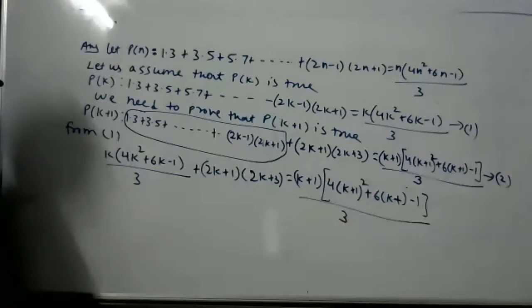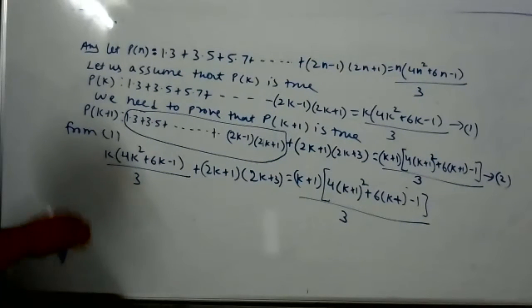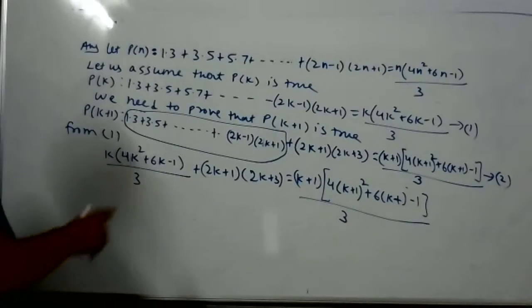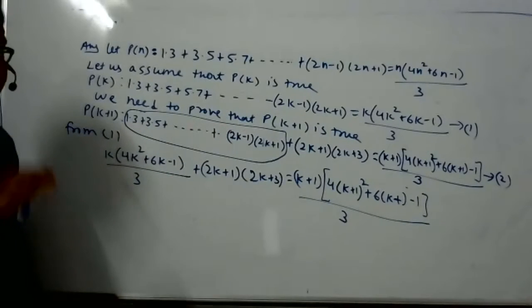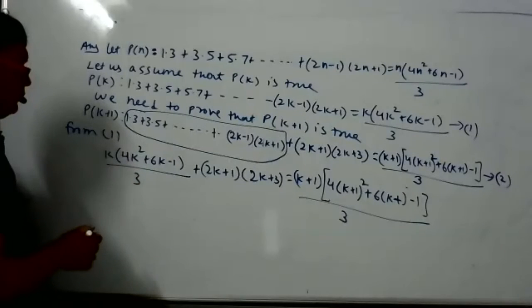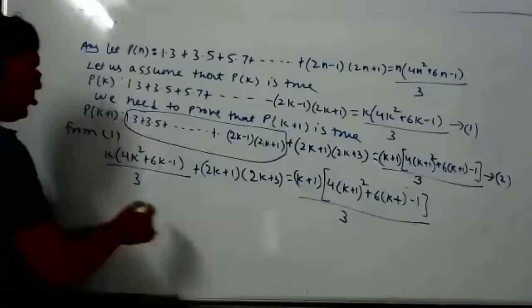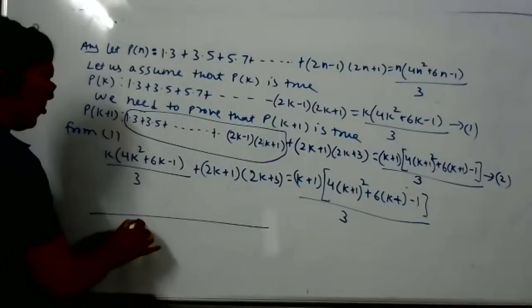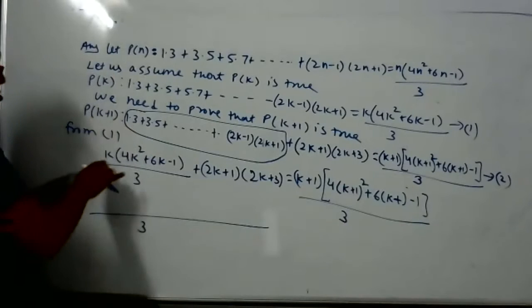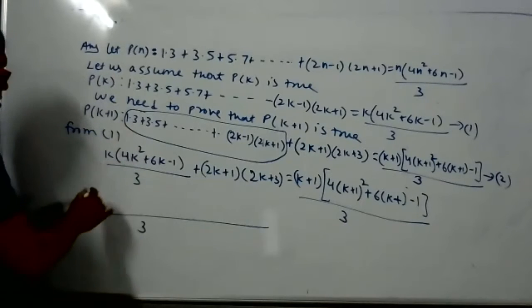Copy down, and whenever you have finished, tell me. From the first, in the place of this, I wrote that much. Shall I start writing further? Yes, sir. Done. What can we do now? Tell me what we can do here. We can take the LCM, that much only. So take the LCM neatly, 3. I will write LCM 3. Here open the bracket. So nothing we can do.